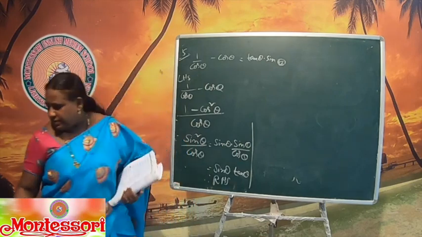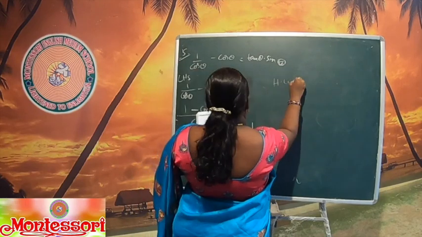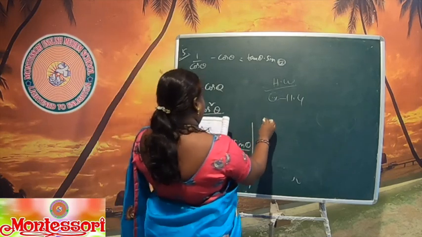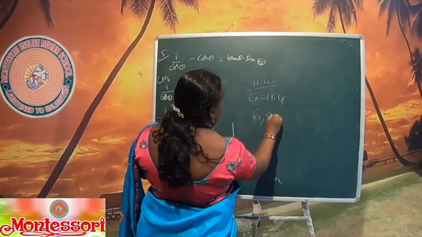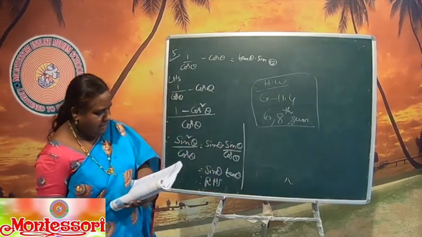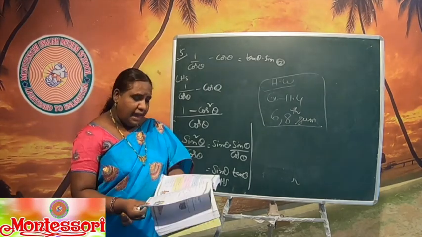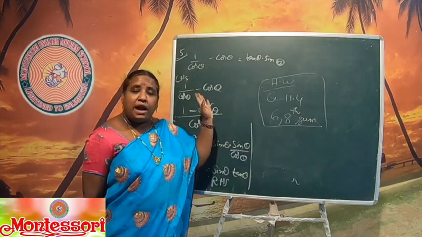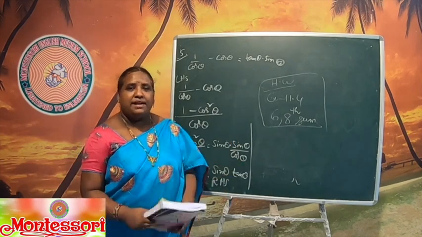Still we have 2 more sums. So the homework I am going to give in this exercise is exercise 11.4. You try the 6th sum and the 8th sum. The 6th and 8th sums as homework. And the remaining 7, 9, 10 I will continue next class. And before going through that, go through the examples once again and do all these sums. This is today's class. What all I gave in this exercise, do it without seeing, one time. Though it is not homework, it's for practice. This is today's class. Thank you.